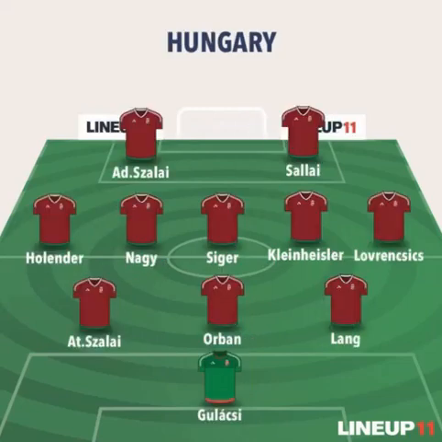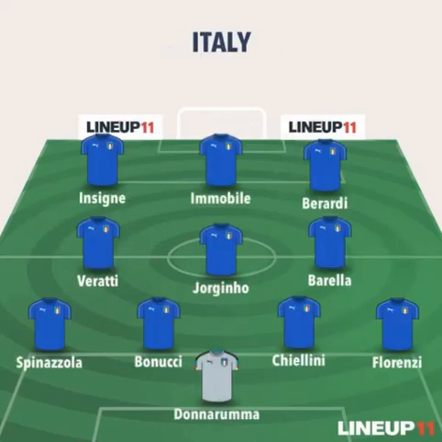Hungary, next team, Gulácsi in goals, the three centre backs, Szalai, Orbán and Lang. The five across midfield, Holender, Nagy, Schäfer, Klaus, Heiler, Lovrencsics, and the two strikers Szalai and Sallai. Now the Italians, they're expected to play in a 4-3-3 formation with Donnarumma in goals, Spinazzola, Bonucci, Chiellini and